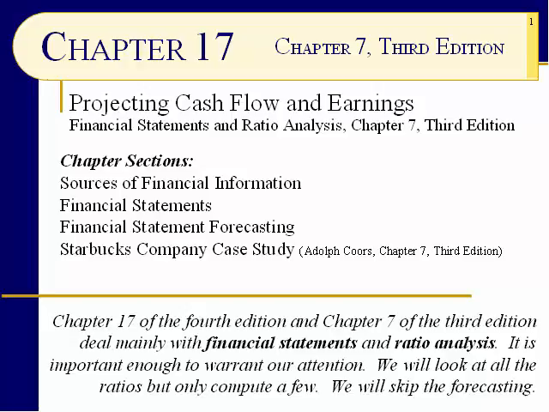And what we're going to continue with is chapter 17, which is projecting cash flow and earnings. Really, folks, I'm going to concentrate on the ratio analysis. In the 3rd edition, if anybody still has it, if anybody picked that up on the internet, it's actually chapter 7. It deals mainly with financial statements and ratio analysis, which isn't important enough to warrant our attention. Not as powerful as the dividend discount models, but